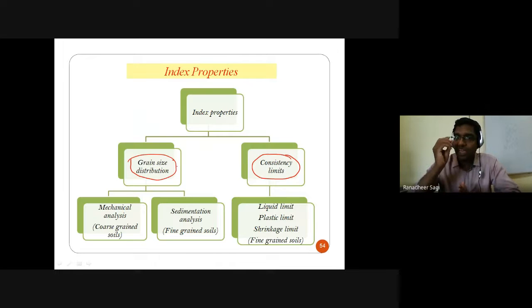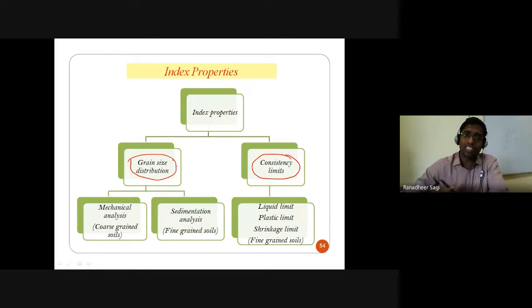So we are going to look at each individual grain and categorize it. Okay, this particular particle is to be called a sand particle, or a gravel particle, or a silt particle, or a clay particle. Accordingly, we categorize by looking at each individual particle. And coming to your consistency limits, we look at a certain quantity of your fine grained soil and perform various tests on it to understand the plastic behavior, the plasticity characteristics, exhibited by your fine grained soil.